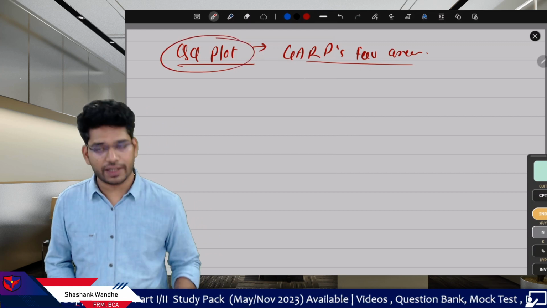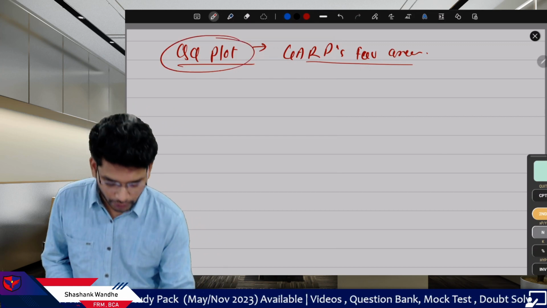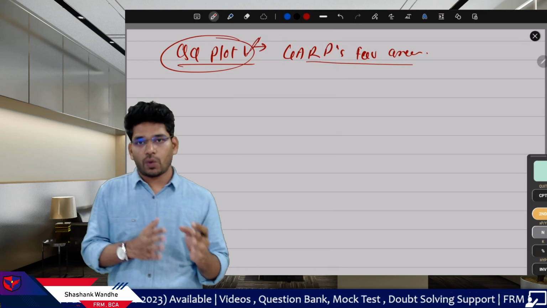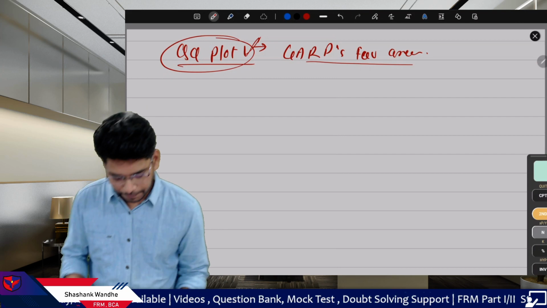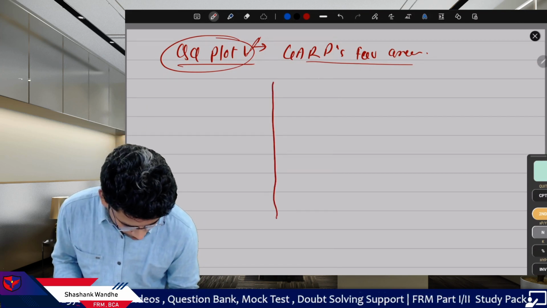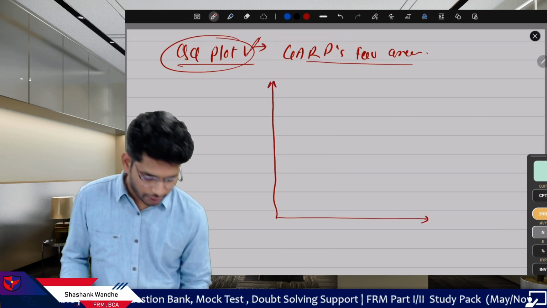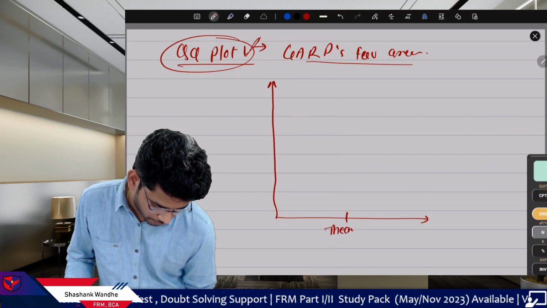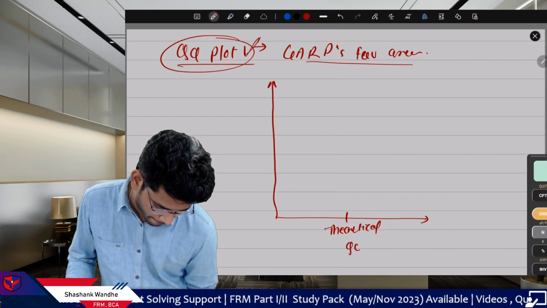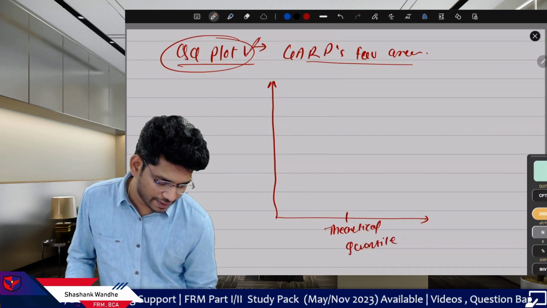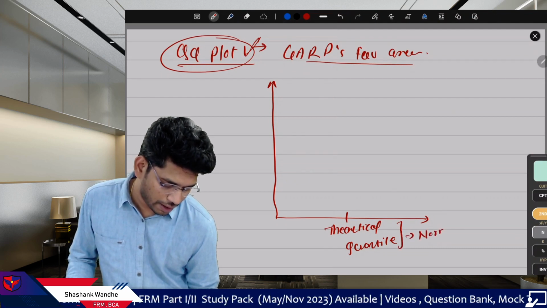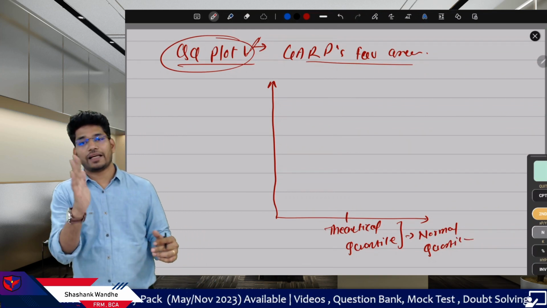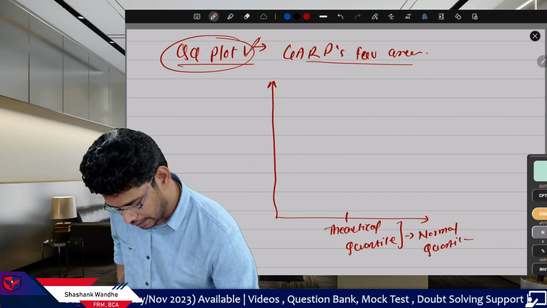So to check the normal distribution, we have one particular visual method. This particular visual method is known as the QQ plot. Okay, so QQ plot. Fine. So the QQ plot's full form is quantile-quantile plot. So what we do here, we create a plot where we put the theoretical quantile, which means the normal quantile, on this axis, and then we put the empirical quantile, that is the actual data's quantile,